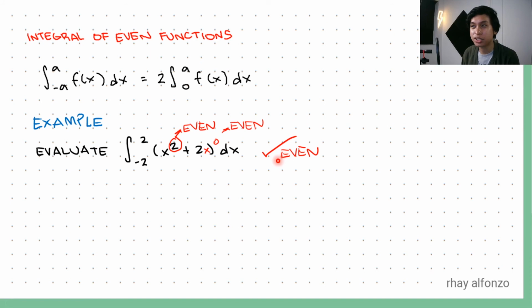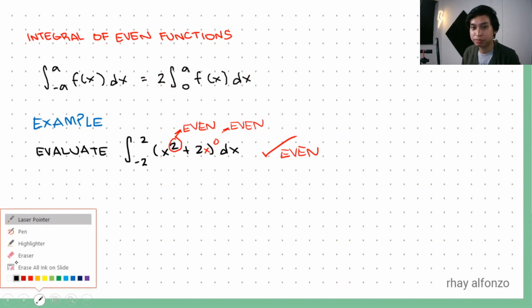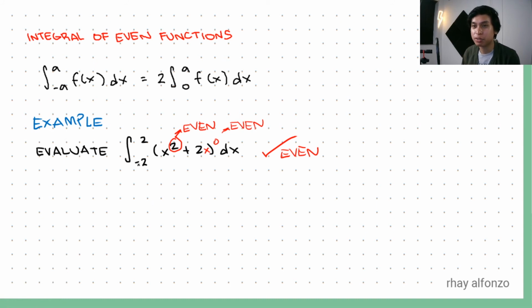Now that we know that the function is even, we can apply the formula for integrating even functions. So instead of evaluating from negative 2 to 2, we can just evaluate the integral from 0 to 2 and multiply the result by 2. So we have the integral of x squared plus 2 dx. So integrating this gives us